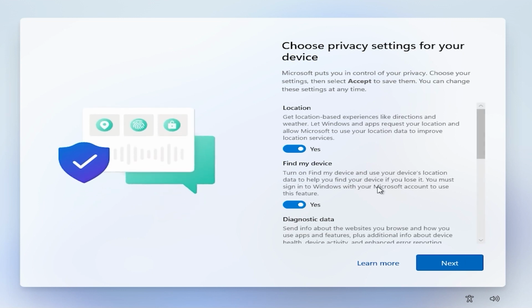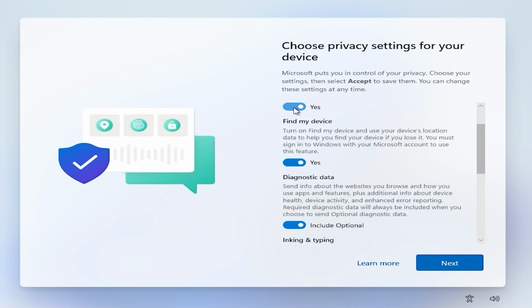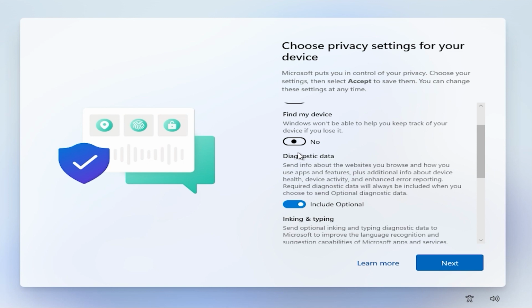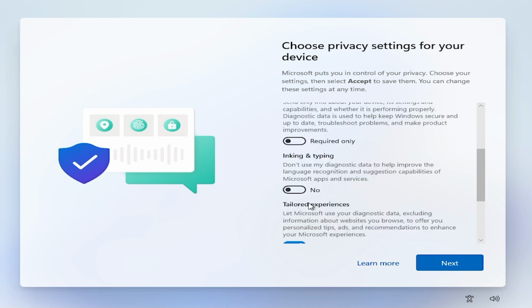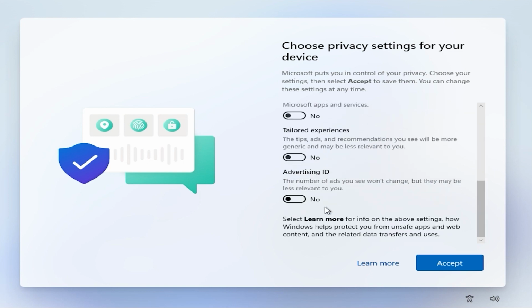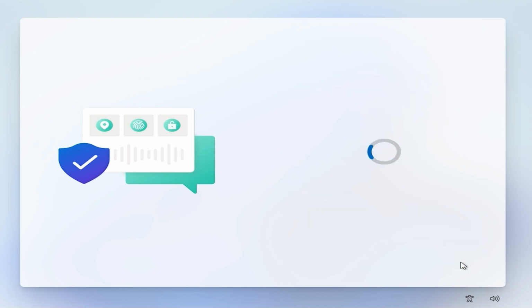After that, you can uncheck all these privacy settings while installing, which serve no purpose for you, especially the advertising ID, and click on the accept button. Now Windows will check for updates and start to apply all these settings on your PC. It can take a good 5 to 10 minutes to do so, and after that you will boot to your